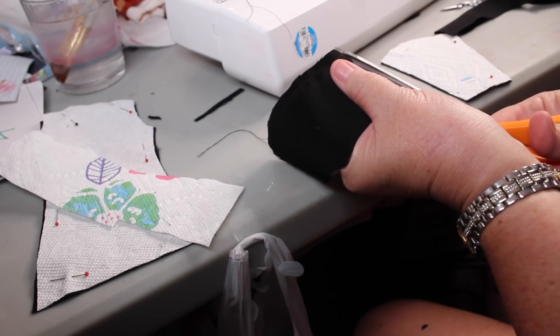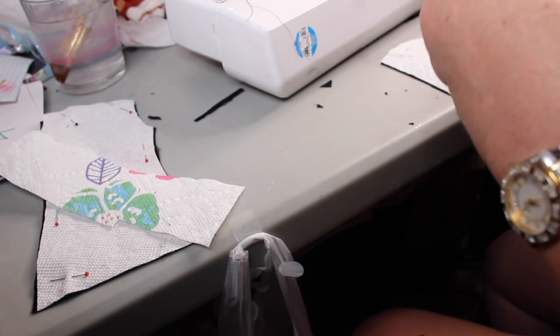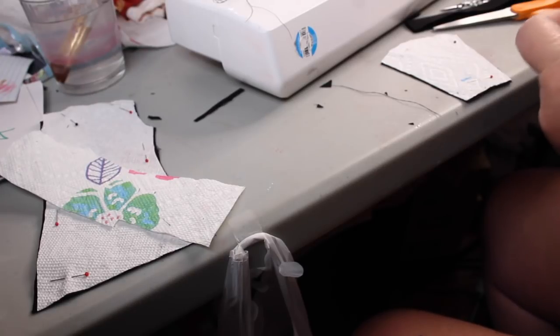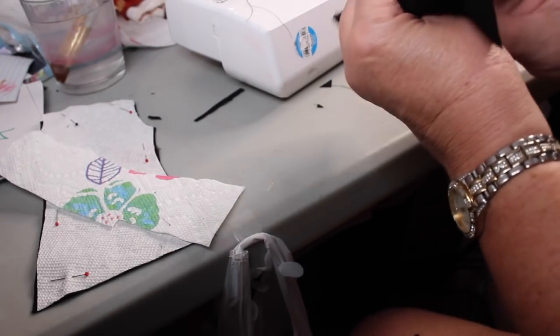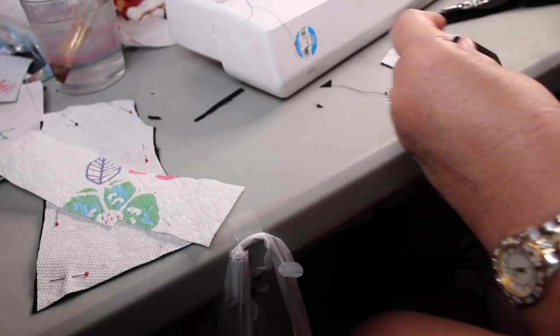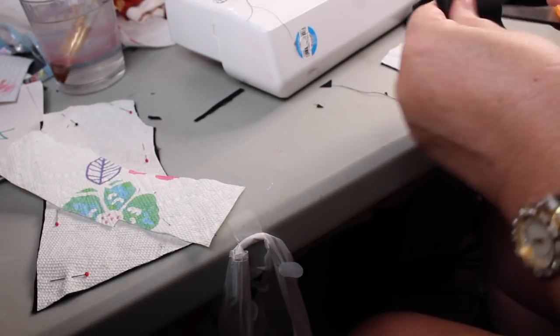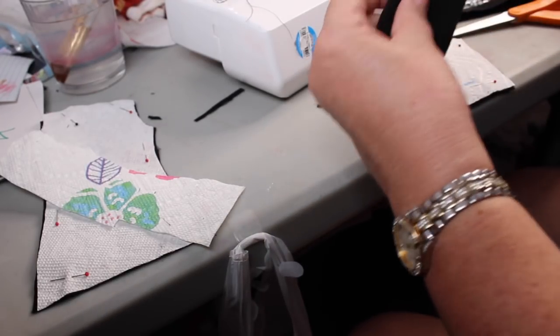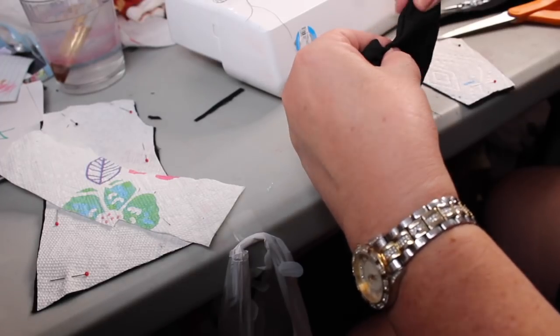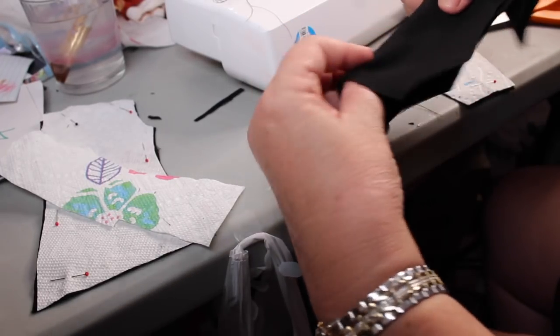And that's just so when you turn it, there's not a bunch of fabric keeping it from taking the shape that you want. So we're going to go ahead and turn that, and you can use a blunt product like the end of a paintbrush or whatever to push that little tiny corner out. I used the point of my blunt scissors, anything blunt you can use to get that point